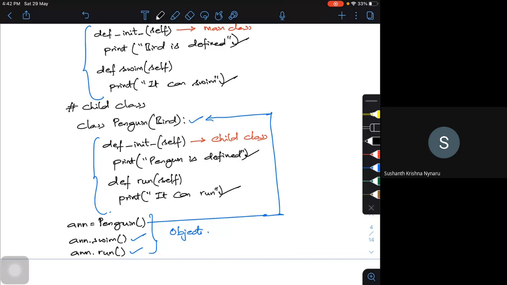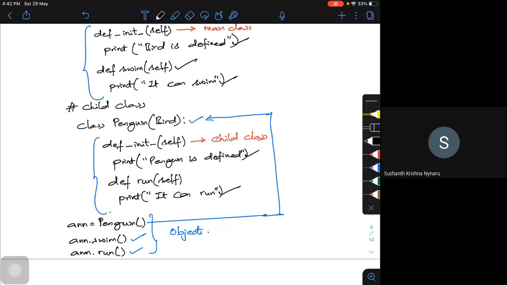So we have created two classes. One is the bird class, the parent class, and a child class, which I'm calling penguin. You can have crow, or maybe any kind of animal. So whatever it is behaving, we can do all those things. The child class inherits the functions of the parent class. So what is inheritance? I'm using this swim method.